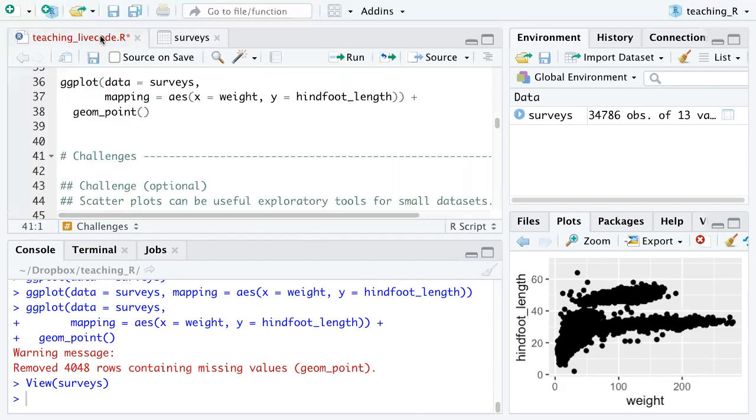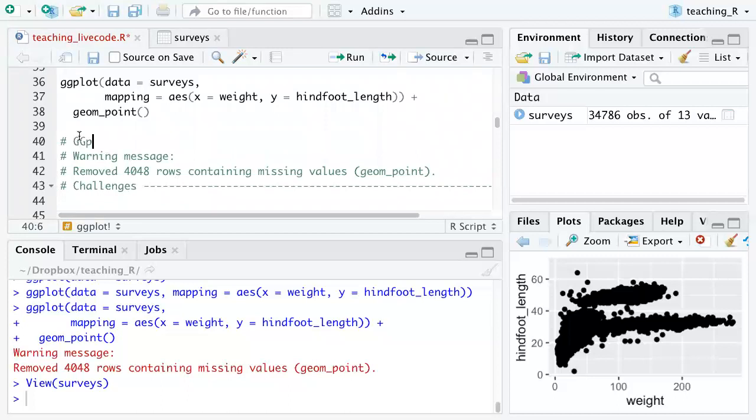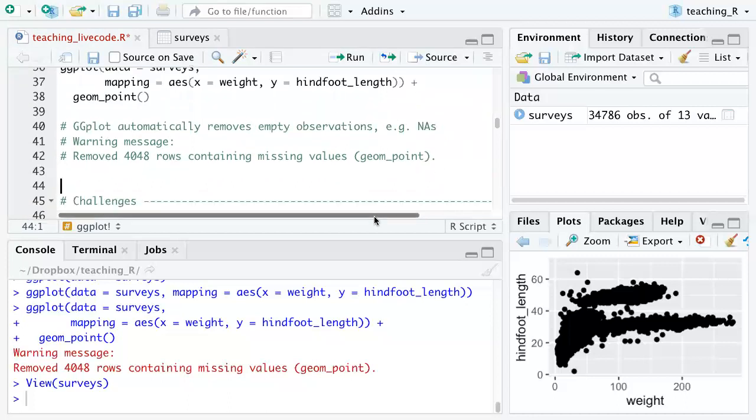To programmatically get NAs, let's copy this error message here so that we have context in our notes for what we're talking about. That's not really how you spell ggplot. Oh well. ggplot automatically removes empty observations, e.g. NAs. So one way to programmatically remove NAs